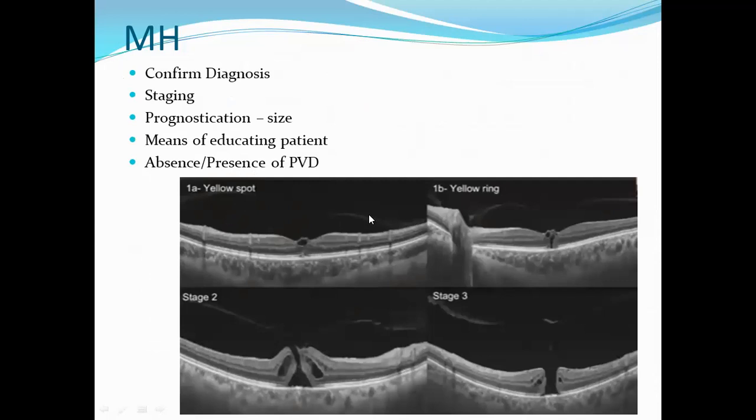Here, we see sort of a VMT. So perifoveal vitreous has detached. However, the vitreous is attached to the center part of the fovea, with an inner retinal cyst or sometimes disruption of the outer retina. So this is stage 1A macular hole. ऐसा कोई picture मिले तो इसको आपने VMT नहीं बोलना है अगर inner retinal cyst मिले.